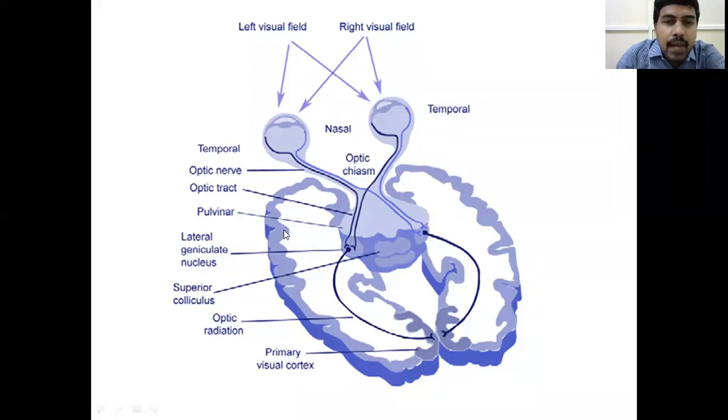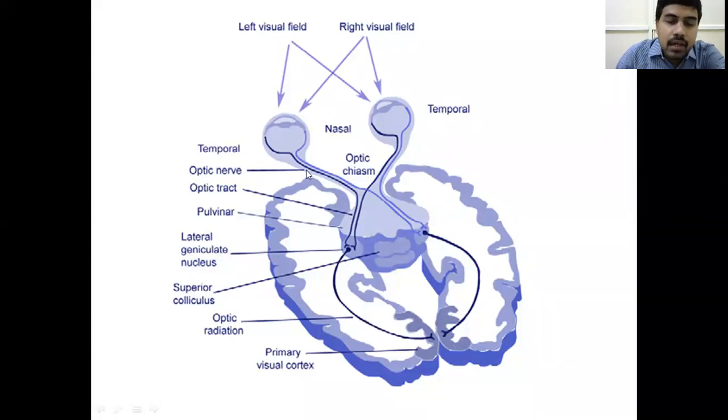So whenever there is damage to the retinal ganglion cells, that is the axons of the retinal ganglion cells, may it be in the retina or optic nerve or optic chiasma or optic tract or in the lateral geniculate body just in front of the synapse, anywhere from this point to this point, if these retinal ganglion cell axons are damaged, it causes optic atrophy. If there is damage to the axons of the optic radiation here, that is above the synapse, there will be no optic atrophy.